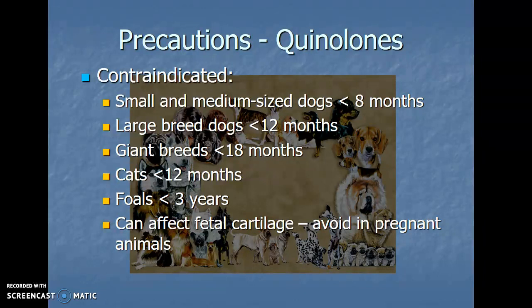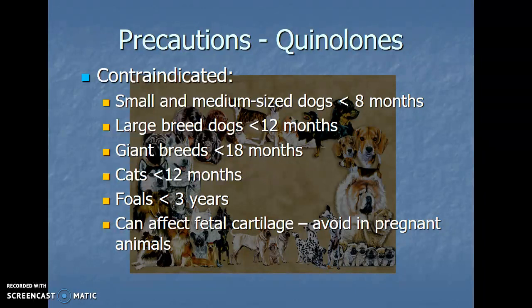Now, your book talks about partial contraindication. So bear in mind that if an animal is going to lose its life if it doesn't have a quinolone drug for some reason, if there's just nothing else that can be used to treat it, it isn't totally contraindicated to not treat the animal if you're going to save their life. I don't think that situation comes up so much, but in general, you want to avoid these in developing